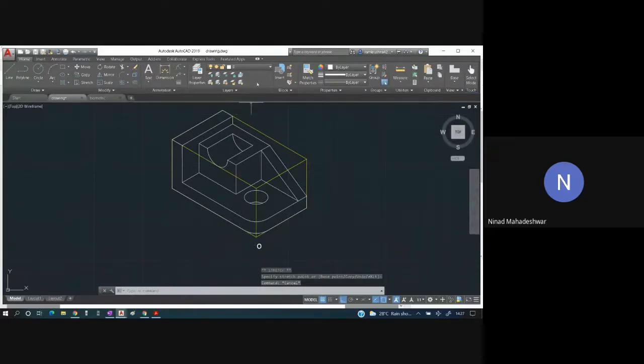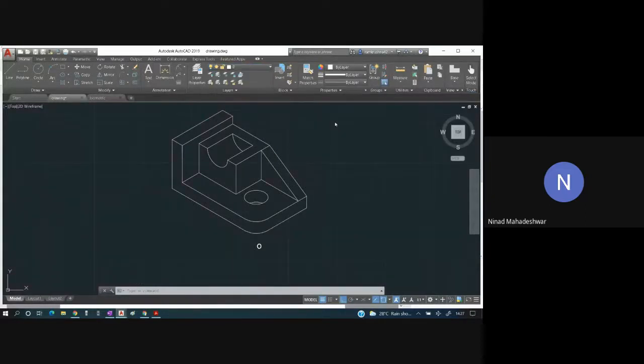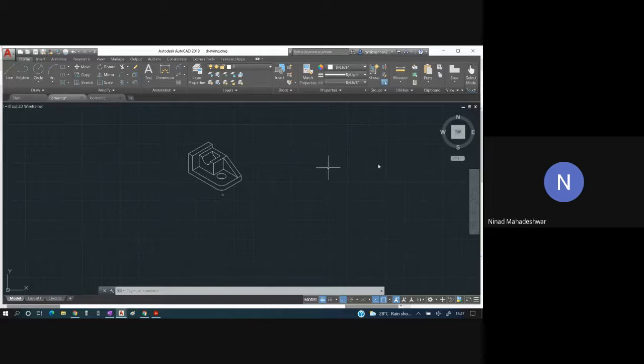Once this has been completed, you turn off the layer of projection line. So the origin is over here. This was the front view and the top view and the right hand side. Everybody has got this, students? You have to just put an O over there.